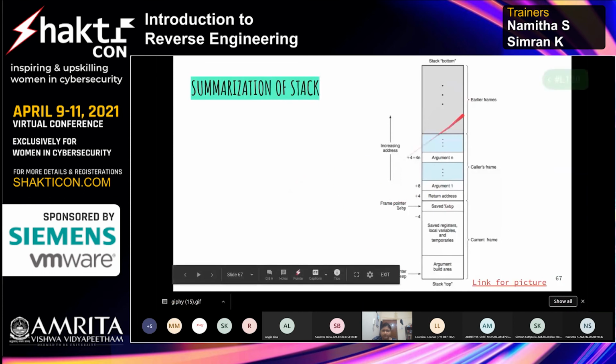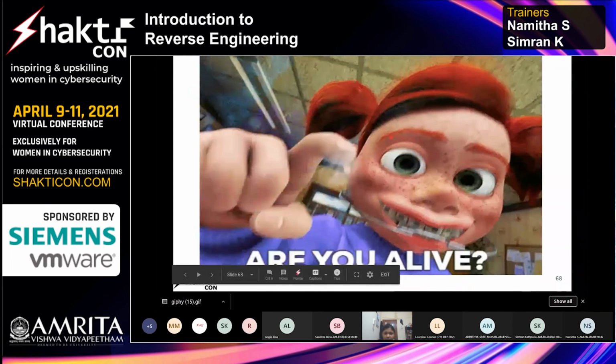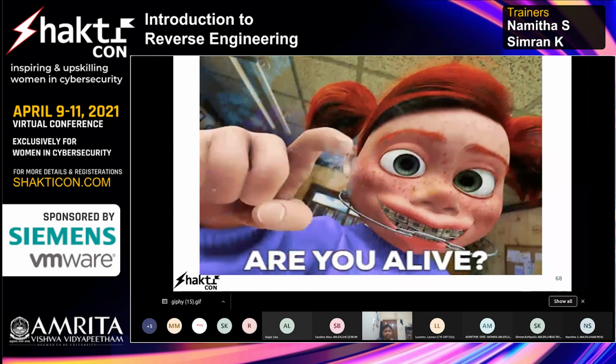Okay, so what did we see? Just a brief summary. We had a stack and a stack bottom, and then we pushed some arguments onto it. After pushing the arguments, we stored a return address of where we want to come back to. Then we went into a function and built the stack frame of that function, with our saved EBP, and then we executed our instructions, and here is our stack top. This is basically what we saw in the last few slides. I hope you are still with me and still interested.